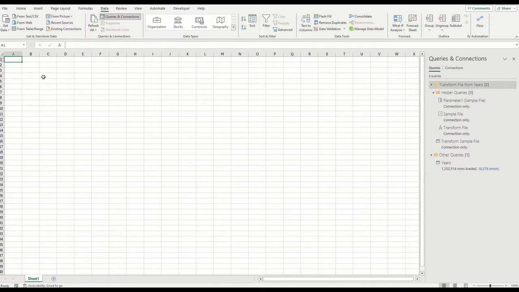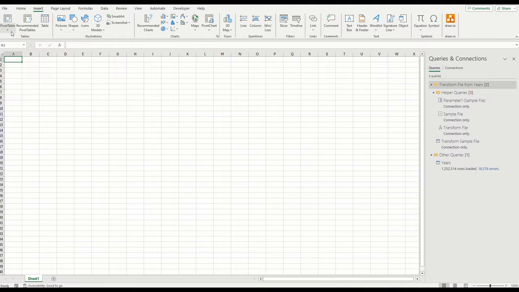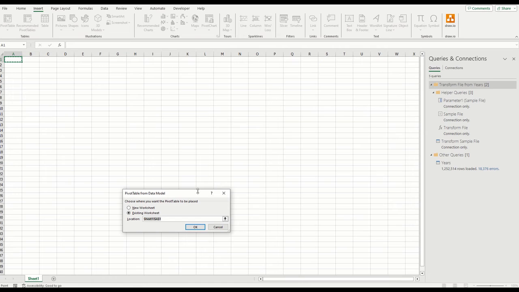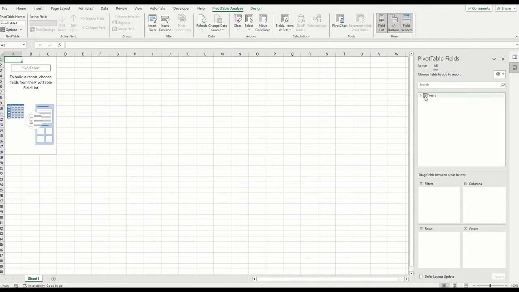So what we can do is start building our pivot table. Let's say we want to build a pivot table from the data model. Where do we want it to go? Let's select here. And we can open this up and you have all of your options available that you want to see in there. So let's say, for instance, we want to use the stall data